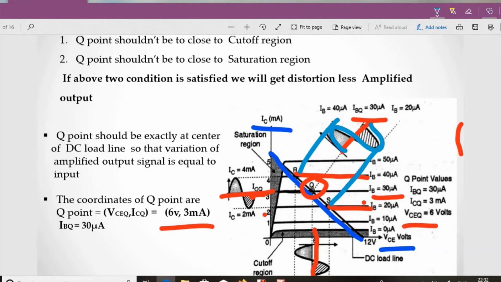Now as IB is varying, similarly our IC is also varying. See, this is our DC level, and it is varying between 4 and 2. Similarly our VCE value is also varying. So what is happening is we are getting everything as it is. You can literally see that the base current is in microampere, and the collector current that you are getting is in milliampere. So definitely it is getting amplified. You can see that no signal is distorted at present.